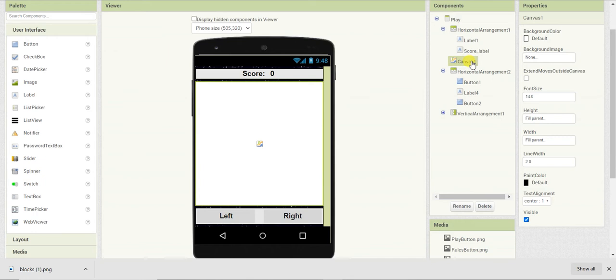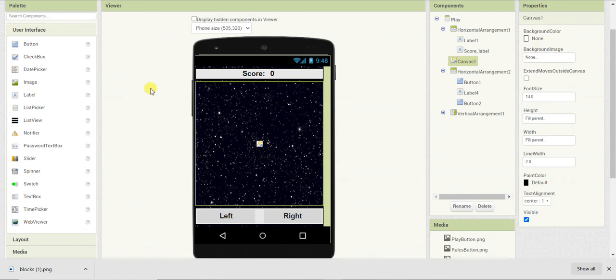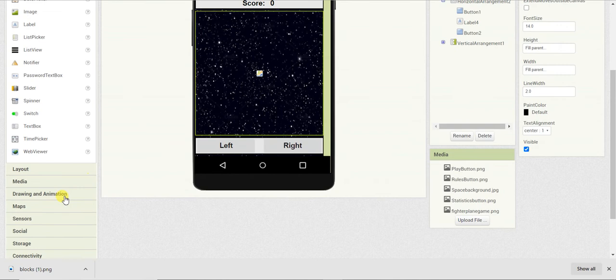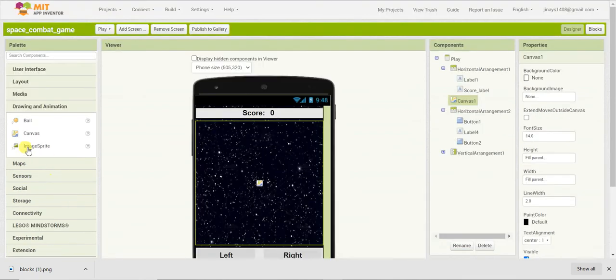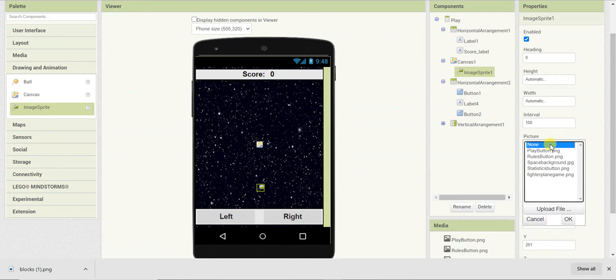So I'll just click on canvas 1 and set the background color to none. Now I'm going to draw an animation and I will drag one image sprite, and for the image sprite I'll change the picture to fighter plane.